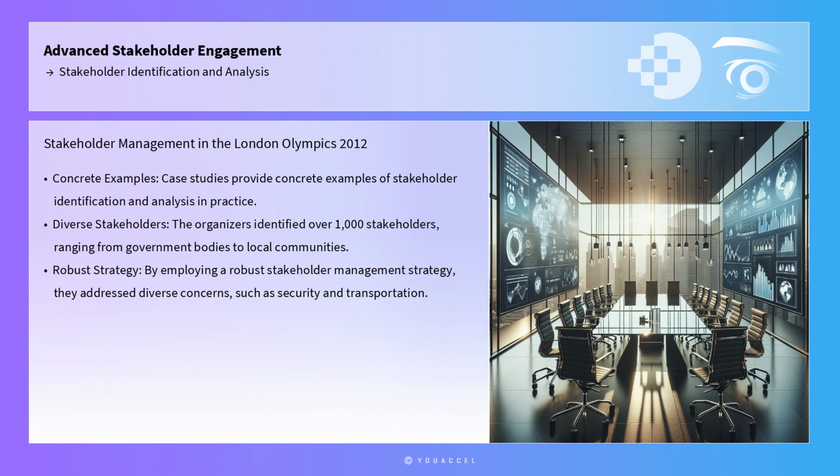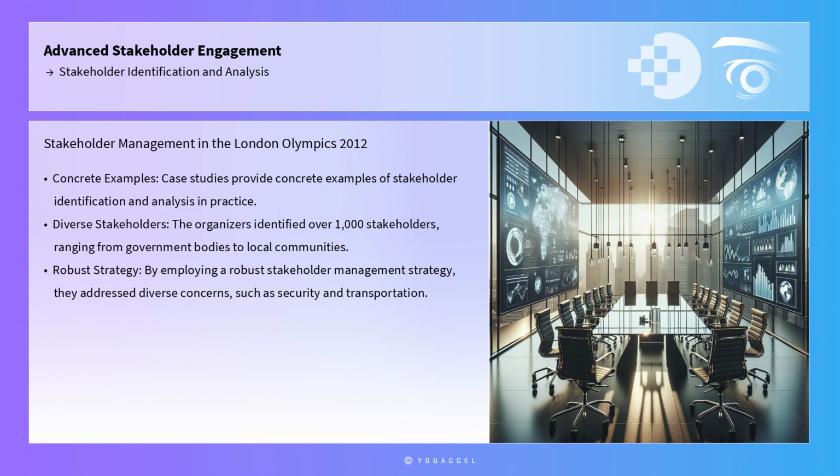Case studies provide concrete examples of stakeholder identification and analysis in practice. Consider the case of the London Olympics 2012, where stakeholder management played a critical role in the success of the event. The organizers identified over 1,000 stakeholders, ranging from government bodies to local communities, each with distinct interests and influence. By employing a robust stakeholder management strategy, they were able to address diverse concerns such as security and transportation, resulting